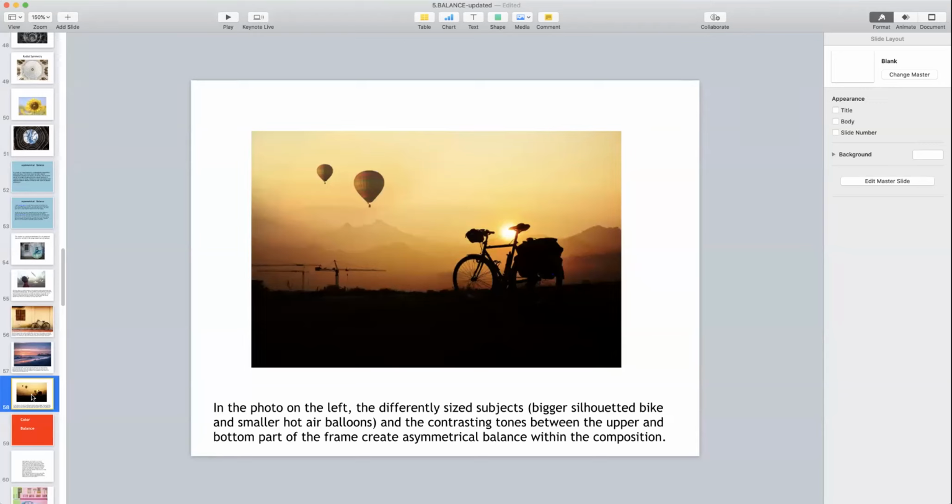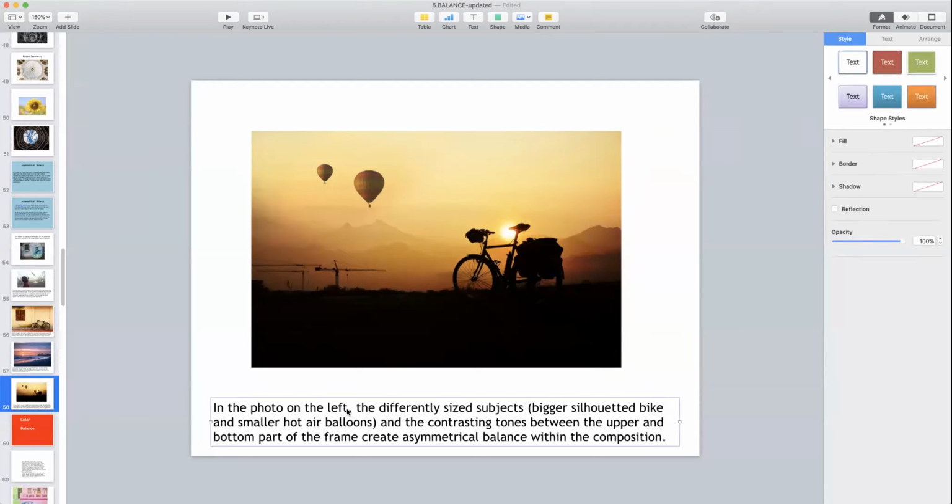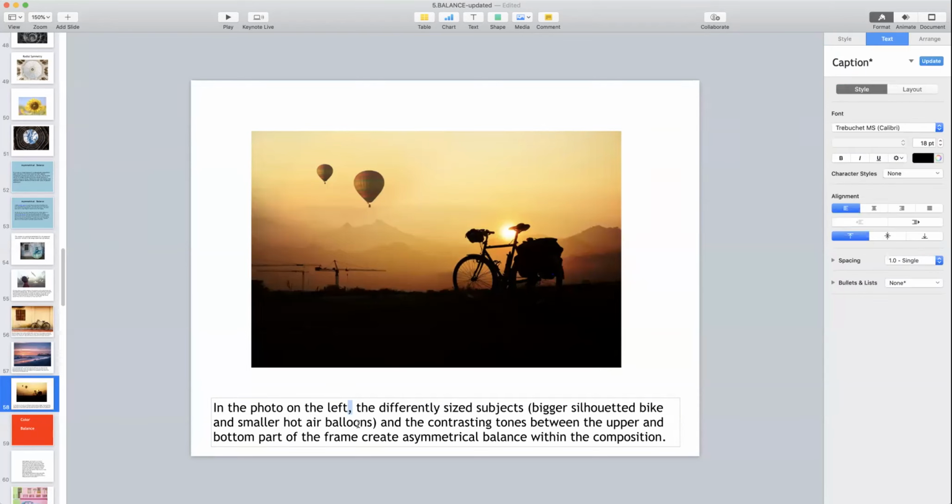In the photo on the left, the differently sized objects, bigger silhouette bike and smaller hot air balloon. Actually ऐसा होता नहीं है, ये balloon जो होते हैं बड़े होते हैं, यहाँ पे छोटे-छोटे लिख रहे हैं तुम लोगों को. And the contrasting tone between the upper and bottom part of the frame creates asymmetrical balance within the